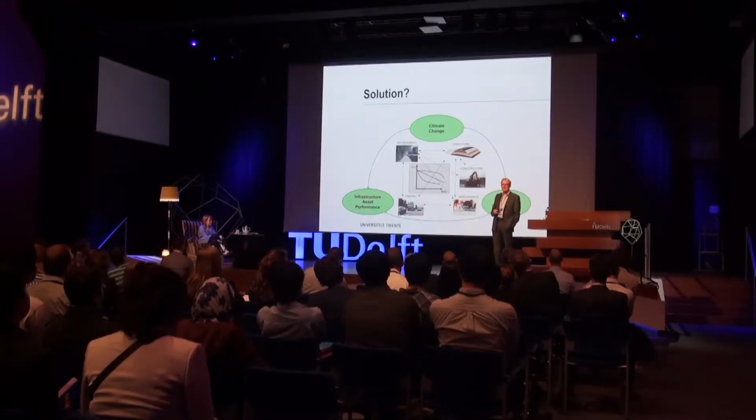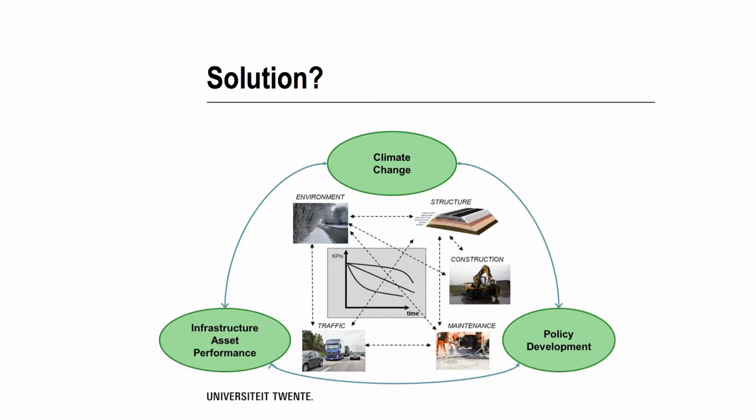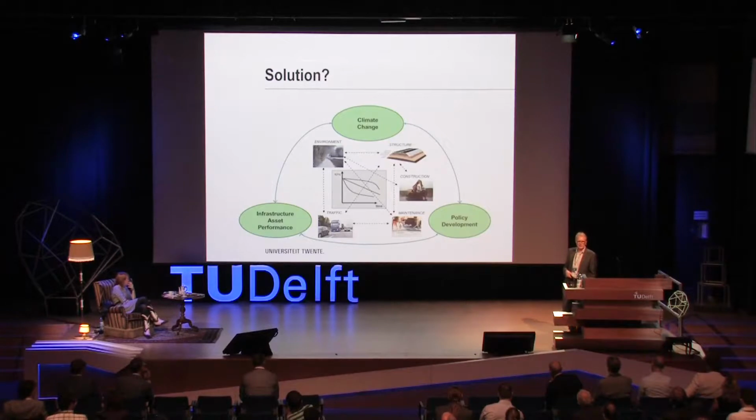I think if we would have had this conference 10 years ago, everybody would talk about asphalt. With rainfall, we have a problem with that. So we have to understand what kind of impacts that has for the long-term maintenance of our assets. But it also has an impact on traffic, and traffic has an impact on our assets. So understanding the integration, the cycle, is very important. We can't do that on our own.